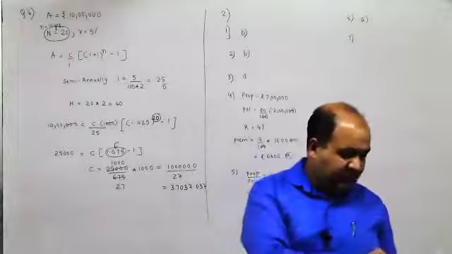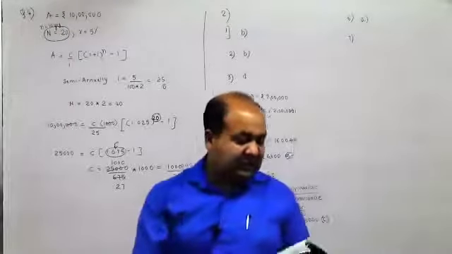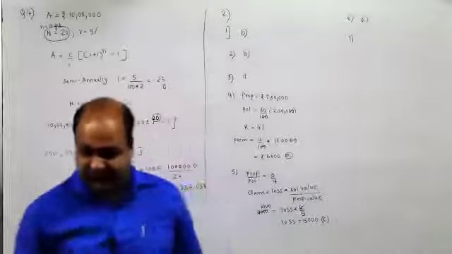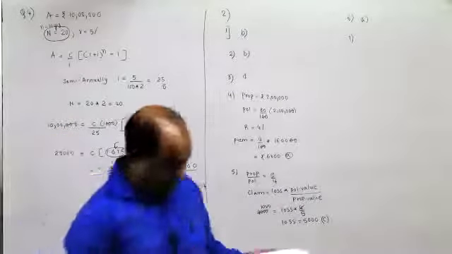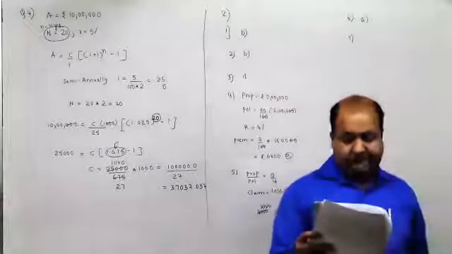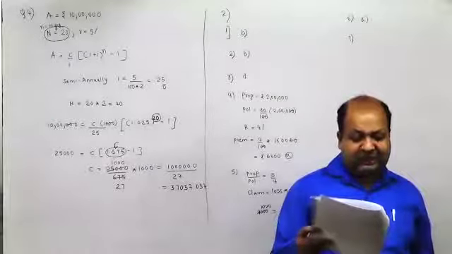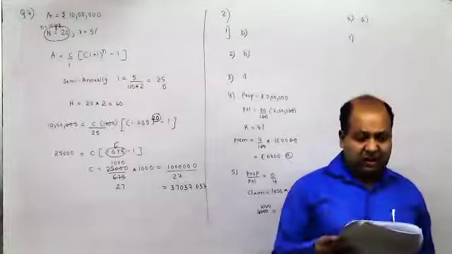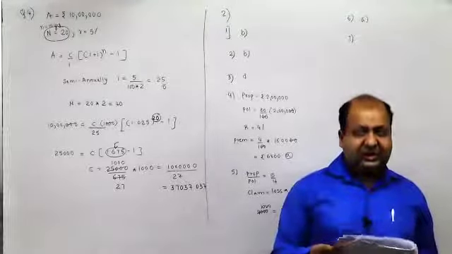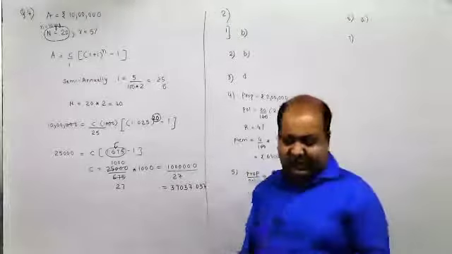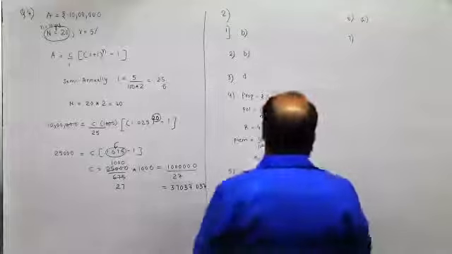I think they haven't mentioned it, but they consider even policy value as insured value. Actually speaking, both are the same. But they have given B as the answer, right? Yes, sir. Both are the same. So policy value and insured value are the same. I wonder how they have given only one as the answer. It should have been D actually.